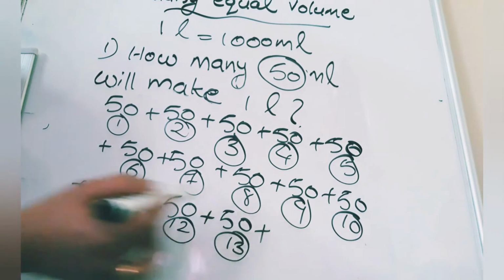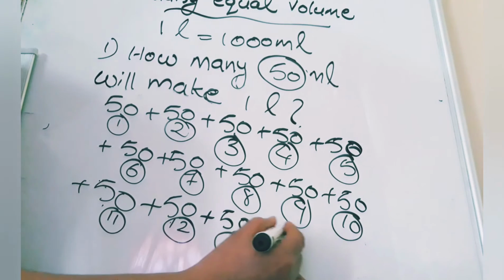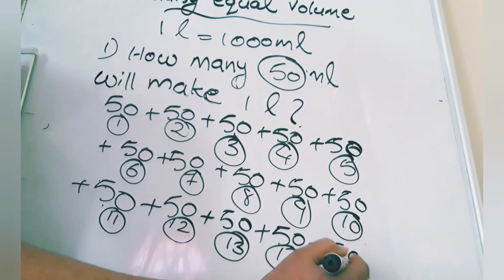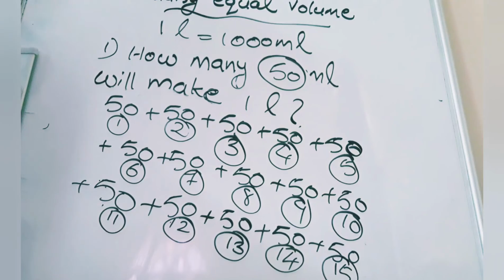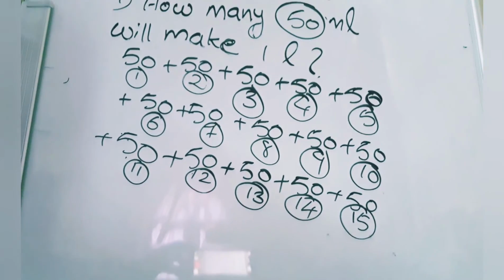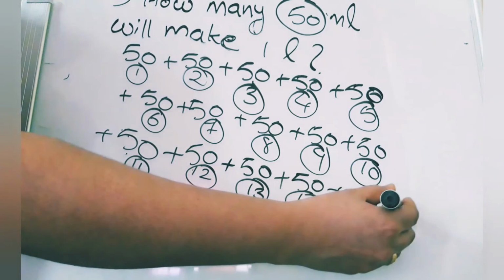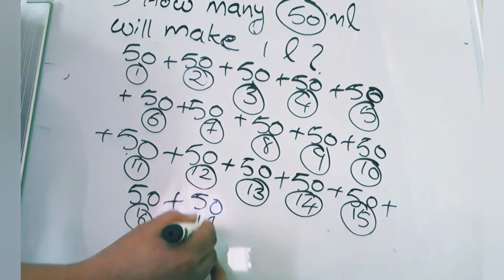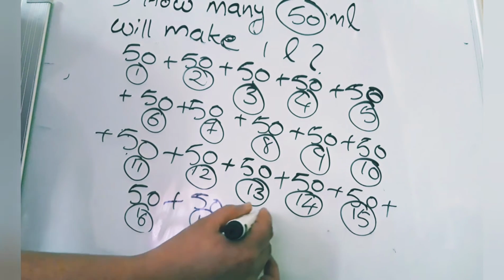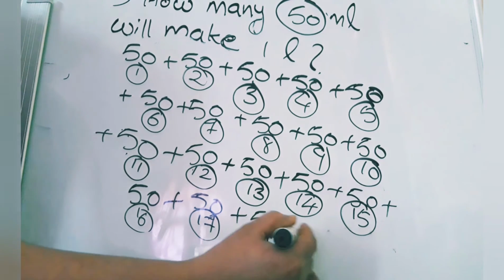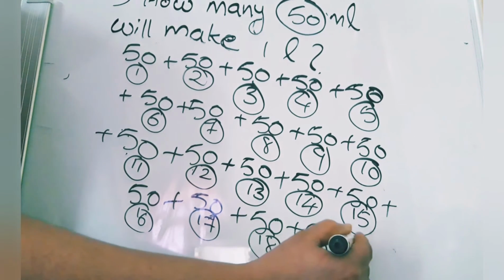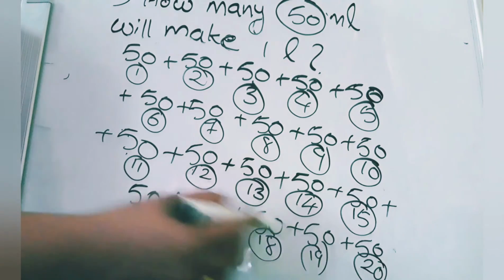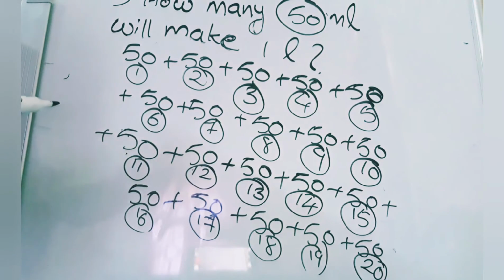So 13 times, when you took, what? You got 500, 550, 600, 650 now. Now 700. Okay. Then 750. 15 times when you took, 750 only. So now what should you do? Again add 16 times. Okay. Now it is 800. Now 850, 17 times. Okay. Then 900. 950. Then 1000. So what is the answer? 20. Where have we concluded? 20 times 50 equal to 1 liter or 1000 ml.